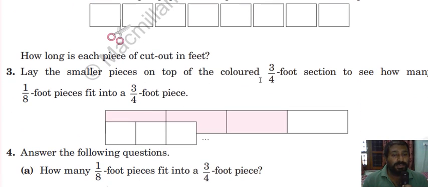Now the number 3. What they are doing is placing this 3 by 4 foot in the smaller rectangle which you can see here, which we have prepared earlier. And definitely if you put it this way, you will come to know that these 2 units are comprising one block, one rectangle, which consumes how much? 2 units. Now in this question they are asking how many pieces will be required this way. This one requires 2 units, this one also requires 2 units, this one also requires 2 units, and the last one also requires 2 units. So in total how many units will there be? 6 units will be there.